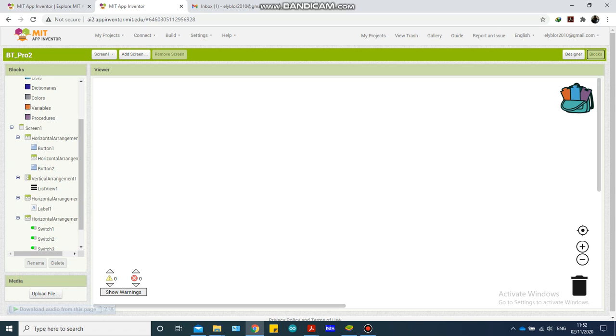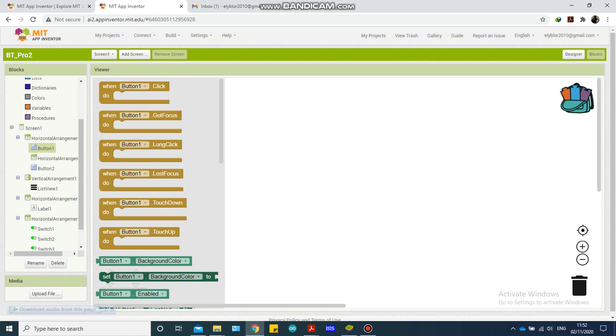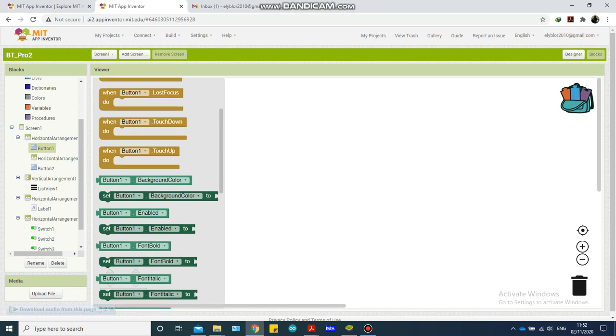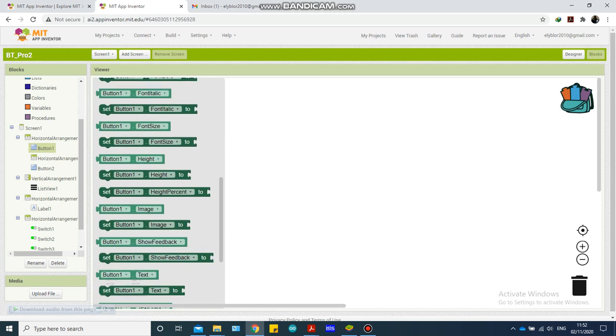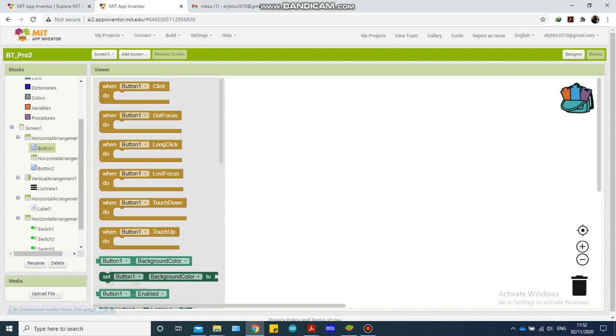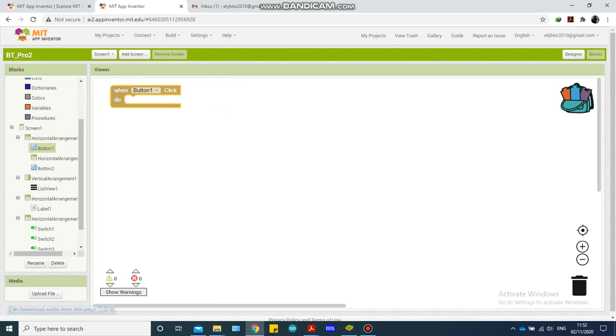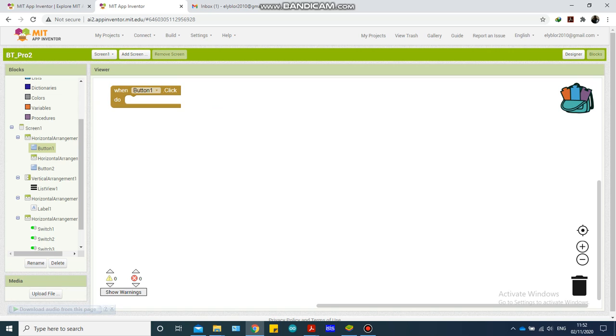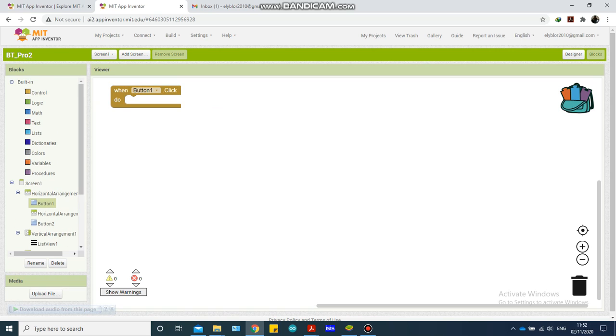So what we need to do here, we're gonna work on button 1. When we click on button 1, remember you have all the functionality of button 1 here. But in your project, when we click on button 1, what you're supposed to do is to list all the Bluetooth pair devices in the list view, right? So we're gonna take this on click function, we put it here, and we're gonna put an if statement,